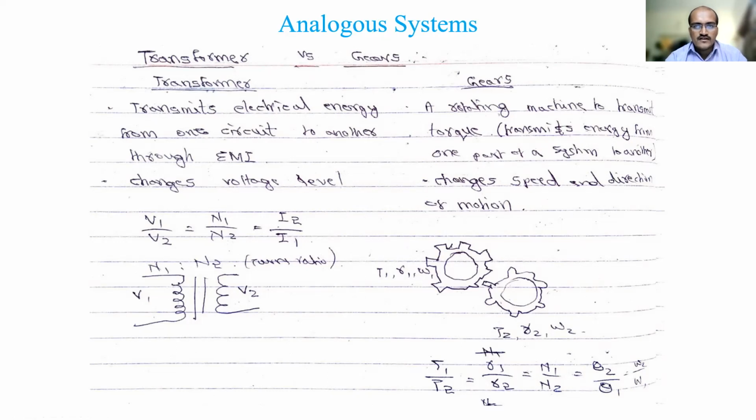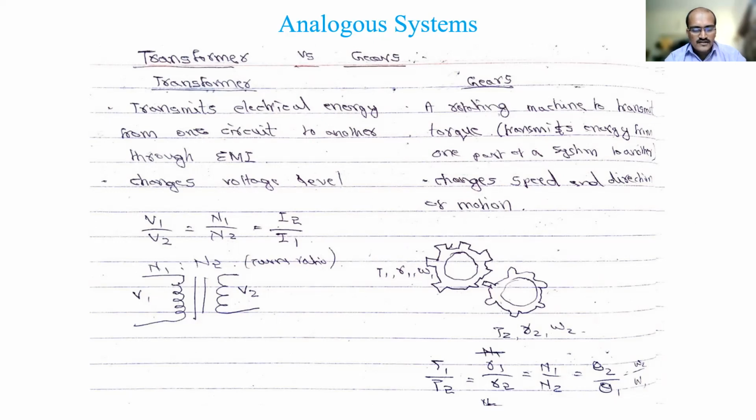Okay, so if you have a primary side, if you are giving 230 volt, the secondary side may be giving you 12 volt or 15 volt or 30 volt, depending on the turns ratio. You have done the rectifier circuits last time, right? So in the rectifier, you used the transformer in the beginning. Okay, so in the lab, right?